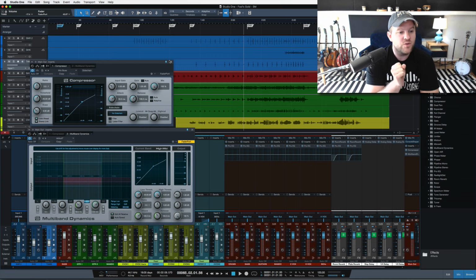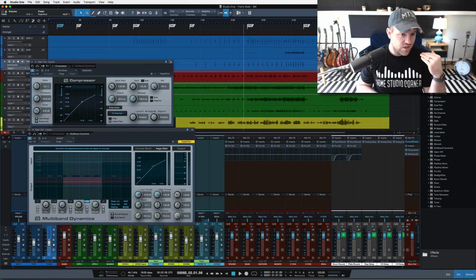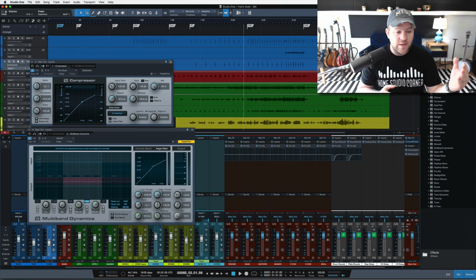However, I know that the reason the multi-band is hitting so hard is because there is so much mid-range material and we've yet to do any EQ. So I will be going to some of those guitars especially and taking some of that excessive mid-range out, which will in turn decrease the amount of mid-range hitting that multi-band compressor, which means a couple hours from now or a couple episodes from now when we've gotten more to a finished mix, chances are I'm going to open up